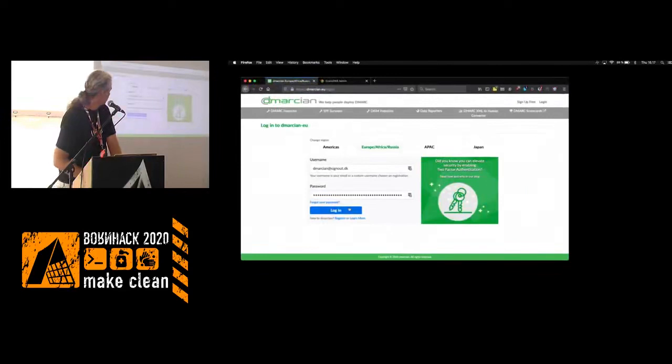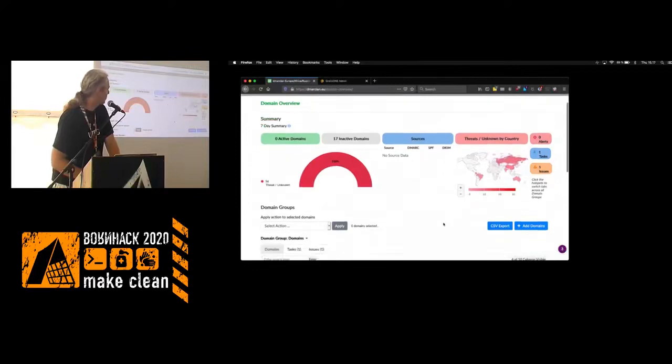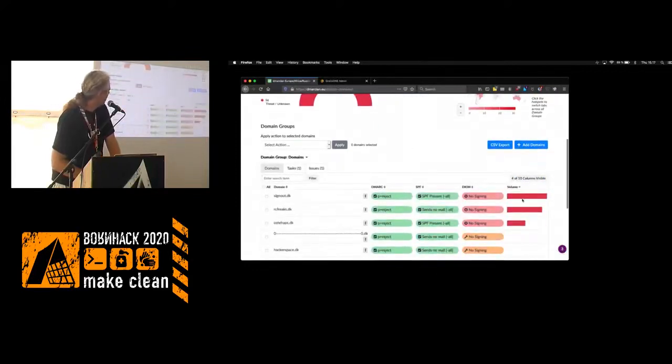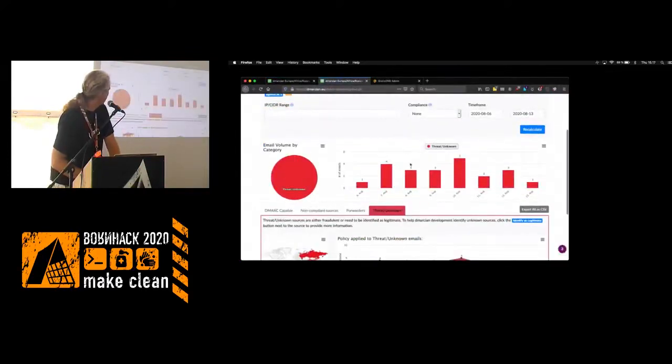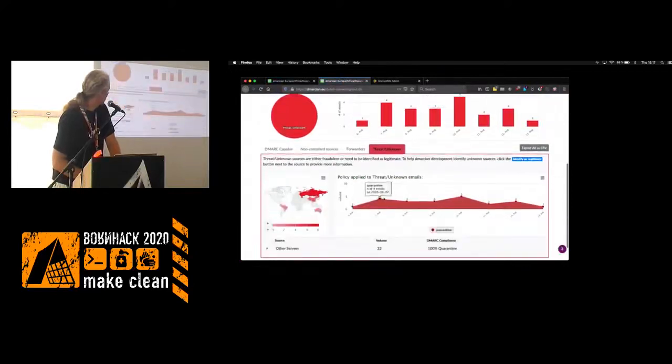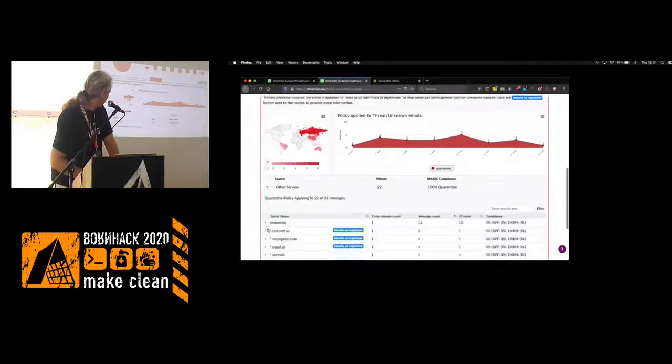This is the DMARC interface. You can see there are some various statistics on the origin of the mail servers, mainly Russia, for some reason. If you go into the volume part here, you can see that it's 24 unknown emails in volume details. You can see it sorted by day, and you can actually expand this as well and see